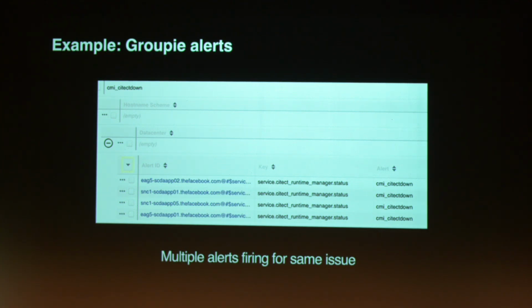And for groupie alerts, what do we mean by groupie here? That is when multiple alerts fire for the same issue. So for a service, you can have error rate, availability, latency, XYZ, but then something like some bad diff gets in and then it keeps crashing. Are you going to receive an alert for everything? Probably you are, because that's how you set it up, right? You want to get alerted at the last second possible. But that means whenever something like this happens, you get a lot of alerts.